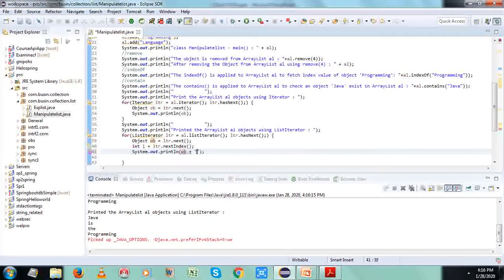So in the output you can see this is the object, and then next index is 1, and the next index is 2, the next index is 3. So it goes programming, the next index is 4. All right, so